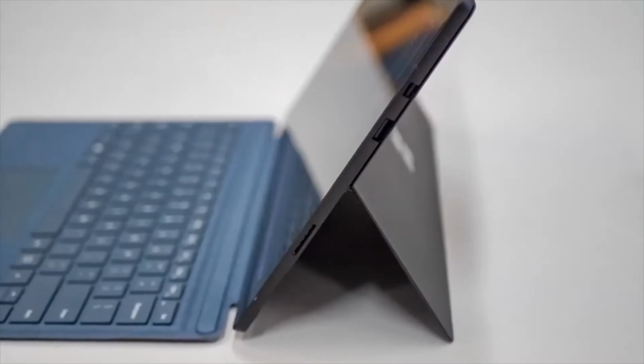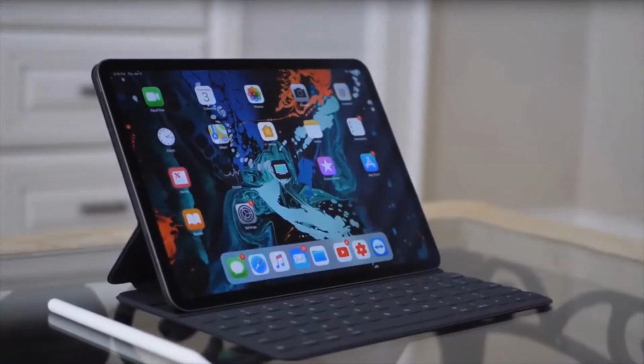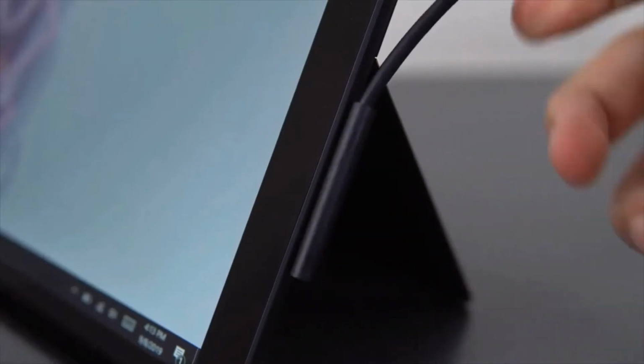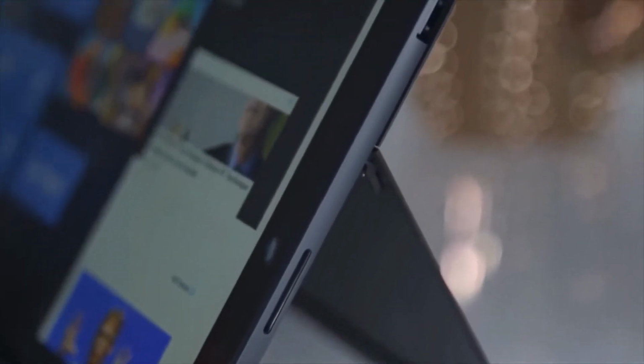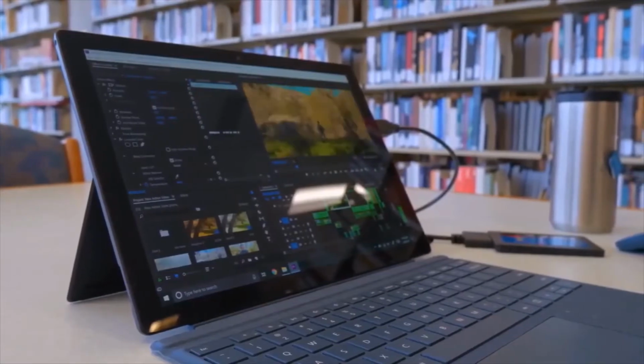keyboard attached. Moreover, there's a single USB-A 3.0 port, a mini DisplayPort port, and a micro SD card reader, along with a 3.5mm headphone jack and power supply connection. In addition, as a neat touch, the main adapter you get in the box features a USB-A port that you can use to charge phones or other devices, leaving the USB port of the Surface Pro 6 itself free for